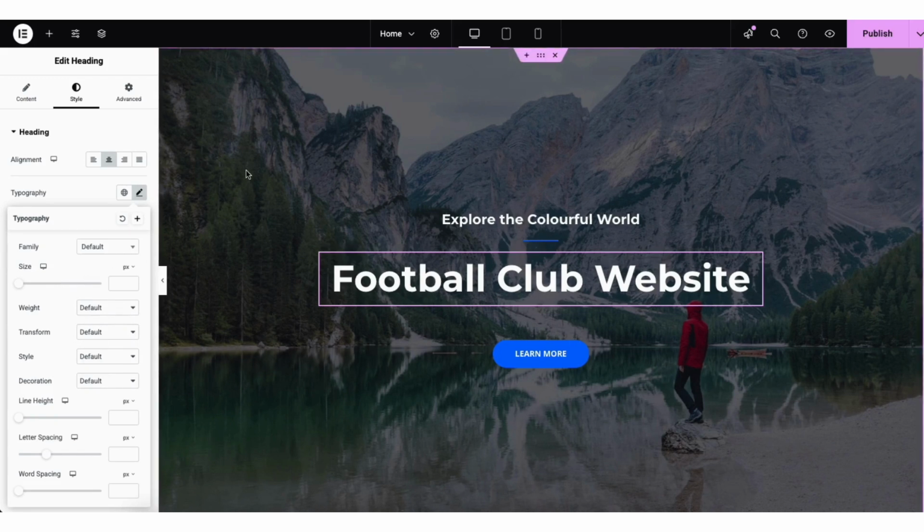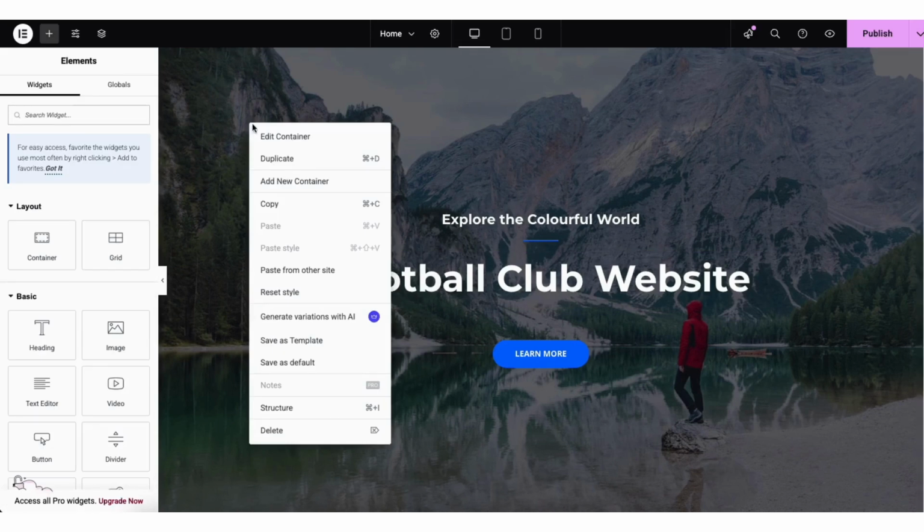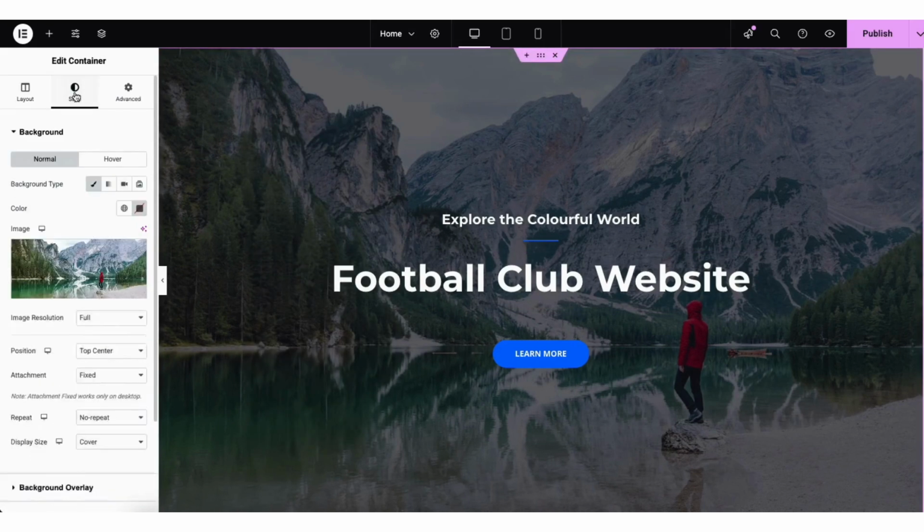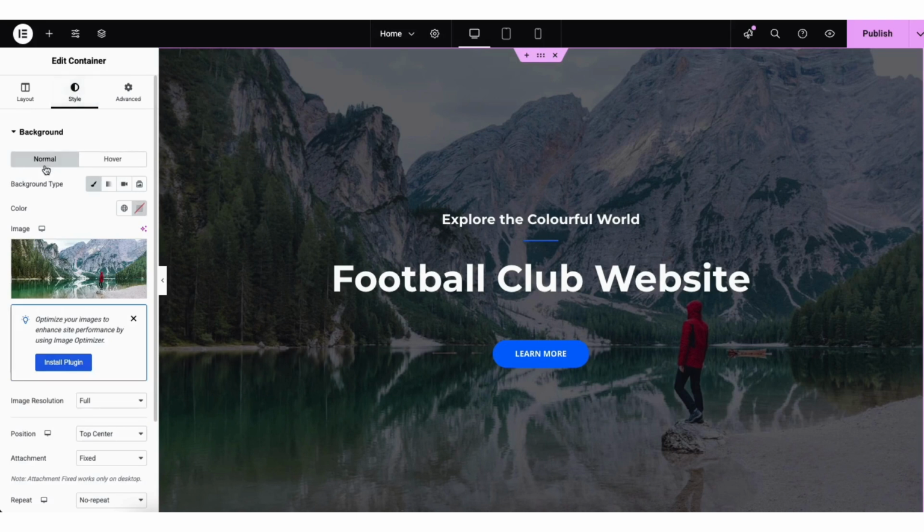Now let's cover how to change the background image and colors for this top section. If you right-click into this top section here, click Edit Container. Next, click Style. Where you see background type, you can choose for the background to be classic, gradient, a video, or a slideshow where you can begin adding in images to show for the slideshow. I'm going to keep it on classic.